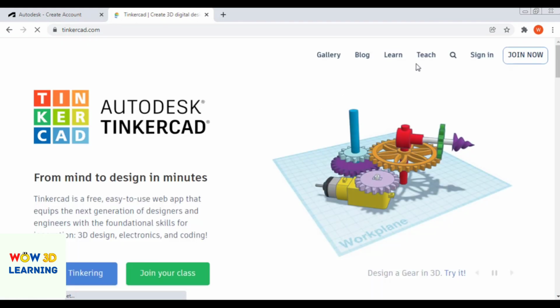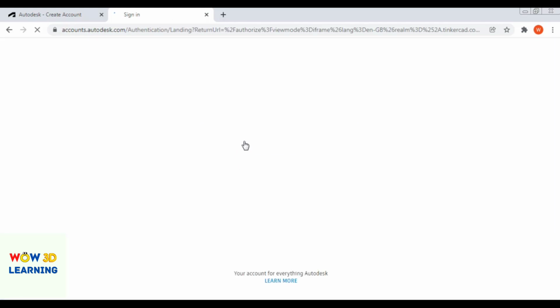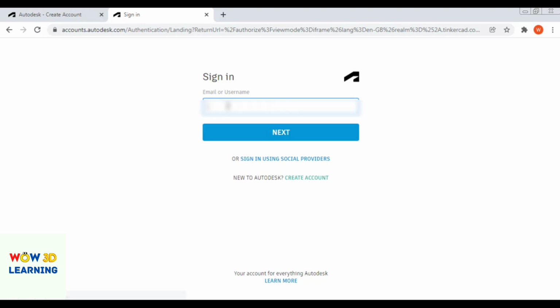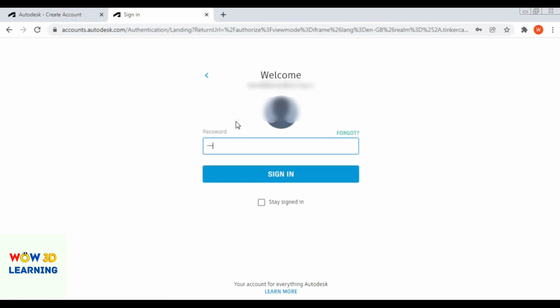Once your account is created, all you have to do is go to sign in, enter your email or username, then fill in your password.